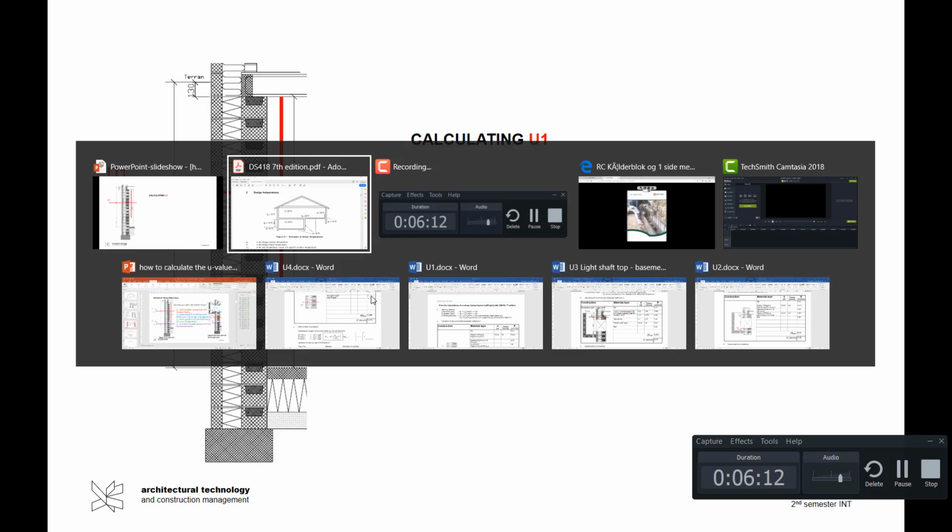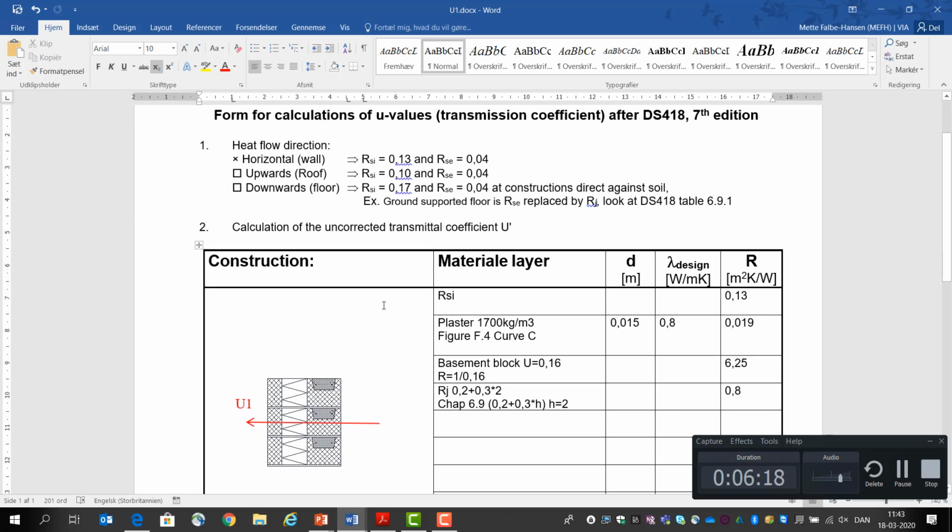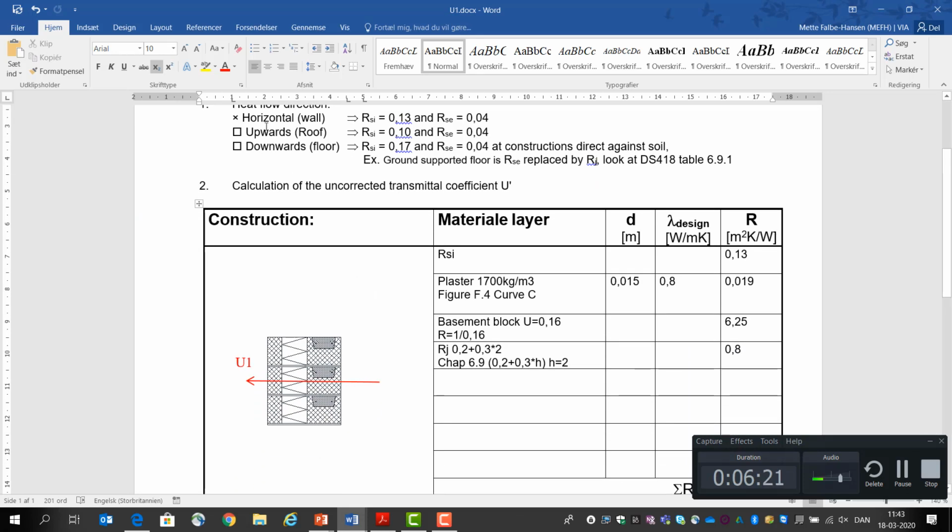So if I jump to the table that we have for the U values here, the form, we can see we are horizontal. So that means that the surface resistance on the inside is 0.13. Then we have this one here, which is the surface resistance on the outside, but that's if it's to air. Now we have soil, so we have to look at that later. The first thing we meet here is the surface resistance, so that I write in, and that's